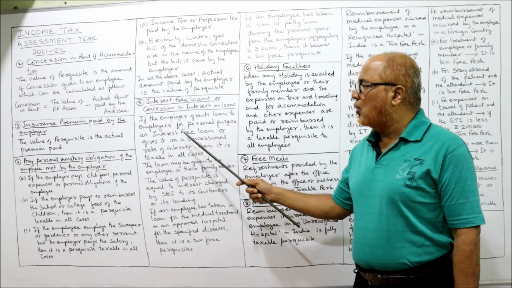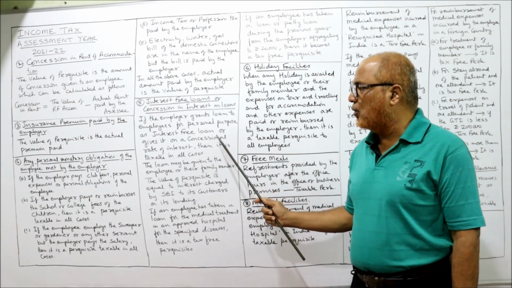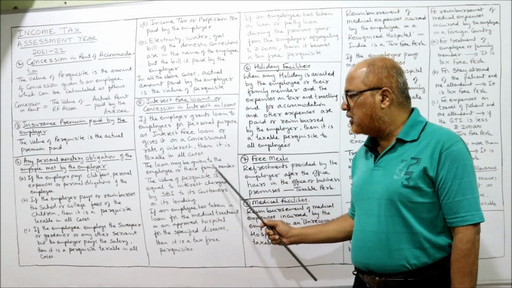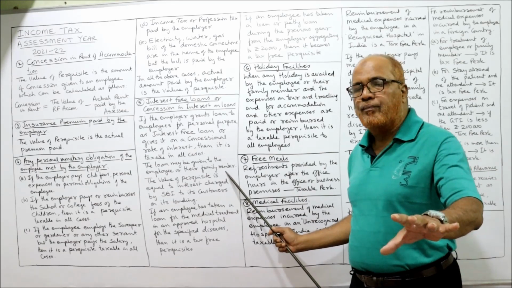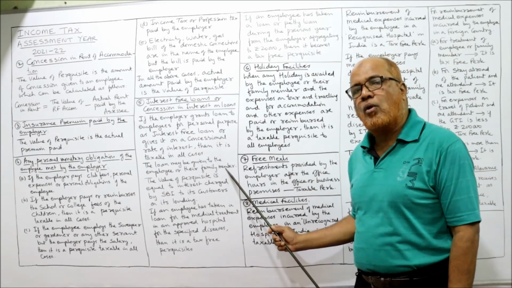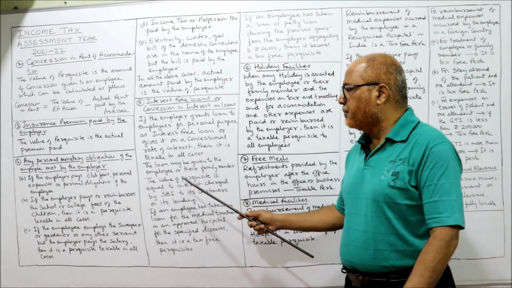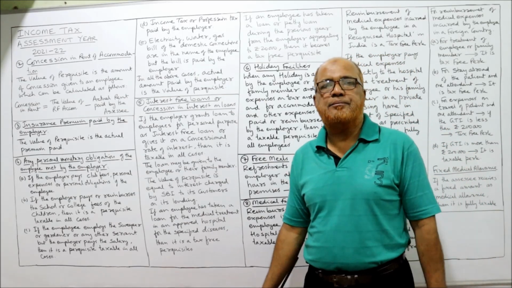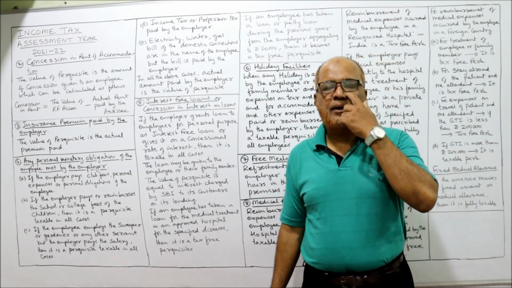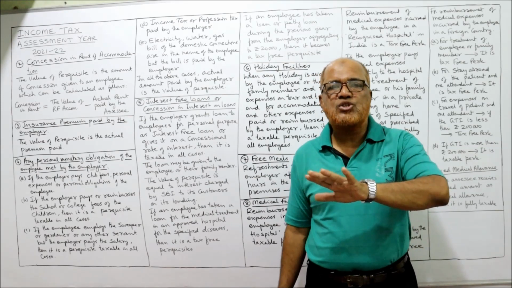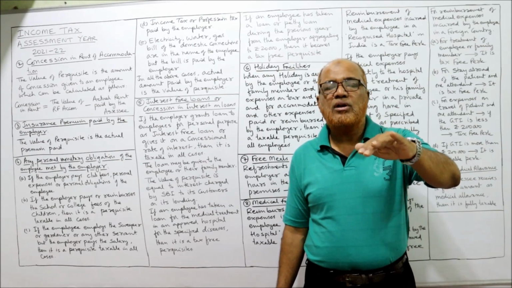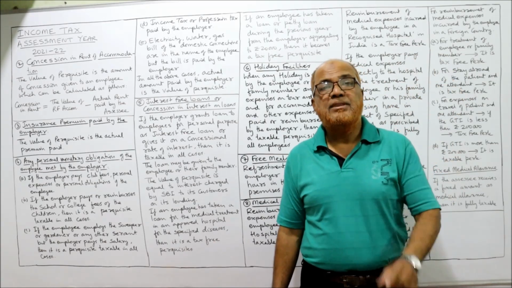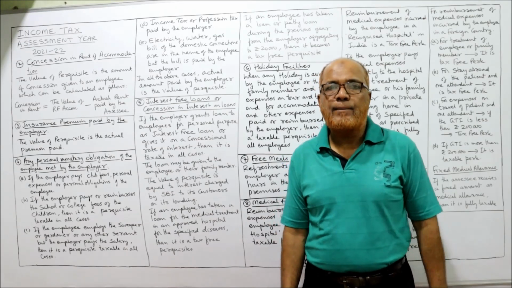So if the employer grants loan to employees for personal purpose as an interest-free loan, or gives a loan at a concessional rate of interest, then tax. The loan may be given to the employee or their family members, not necessarily only the employee. Even if the loan is given to family members of the employee, then also the employee is taxable. The value of the perquisite is equal to interest charged by SBI to its customers on its lending. How much is the value of the perquisite? Income Tax Act says if an interest-free loan is given, then we have to see what is the rate of interest charged by State Bank of India on its lending. That rate of interest is the value of the perquisite.